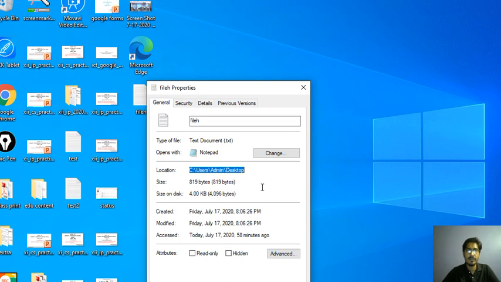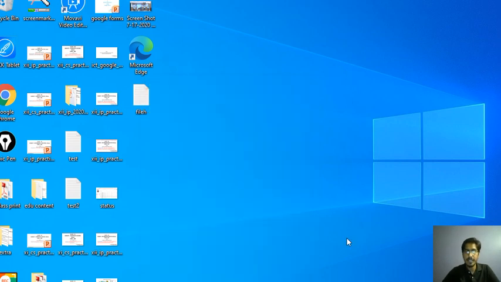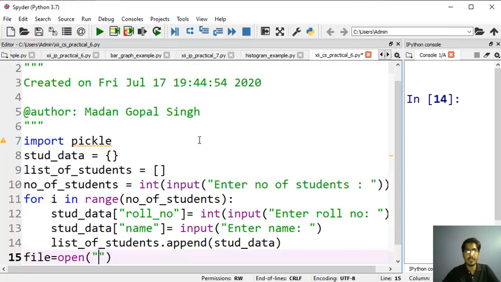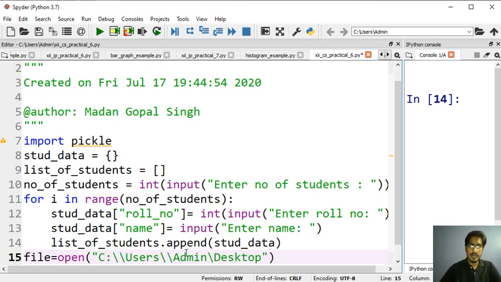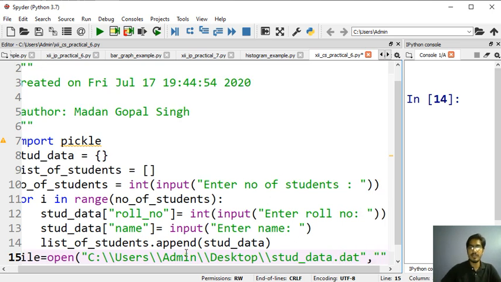Copy this location from the desktop and put it here, and put one more backslash at each backslash, because otherwise it will give an error, and then write the file name. Let's suppose stud_data.dat is the file you want to create. You might write any extension in this case. And I am opening it in write binary mode.